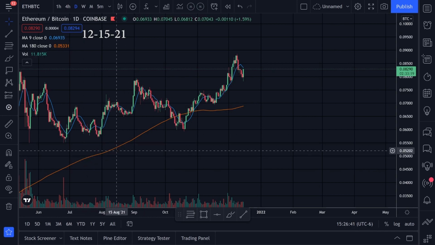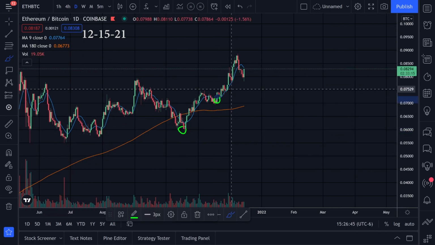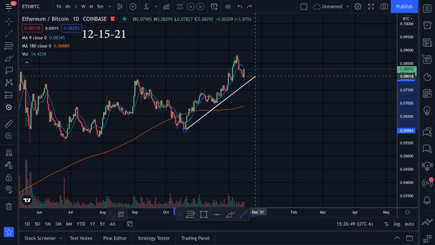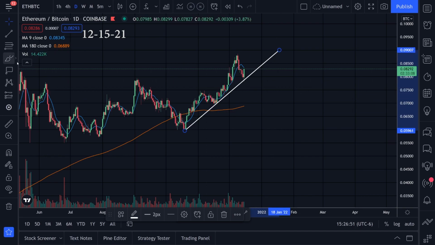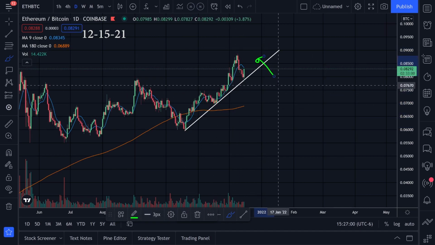If we jump over to the Ethereum to Bitcoin chart, here's what I'm looking at. We have support right here, and it looks like we got some support right there. Let's do a trend line going up like this. In general, this is one of the trend lines that I'm watching right now in the shorter time period, that as long as we're going up, Ethereum's doing better. And if we break this trend line going down, that's a signal that Bitcoin might start taking over.